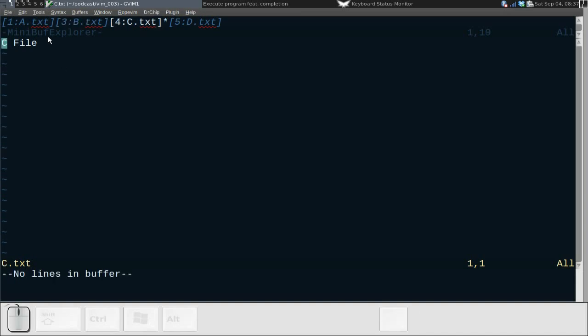Very handy. For those mouse fans of you guys, you can actually open up the various buffers just by double-clicking on each file up here. So, kind of cool. It helps you basically see your buffers as they open up and allows you to more easily switch between them as you hop from making changes in file 1 to file 2 to file 3. So Minibuff Explorer, there you go. Not a bad plugin. However, my favorite buffer navigation plugin is one that's called Lusty Juggler.